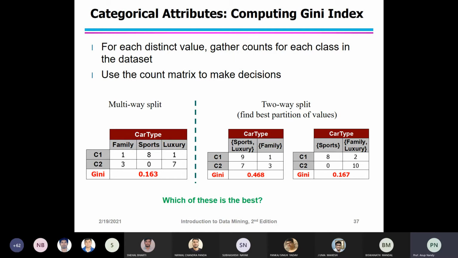The lower impurity measure gives the best split, because we are choosing between the multi-way split and the two-way split, and which is the best partition of the values. This way you can compute.